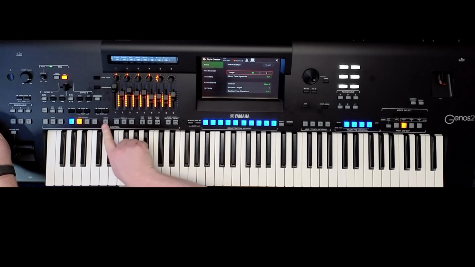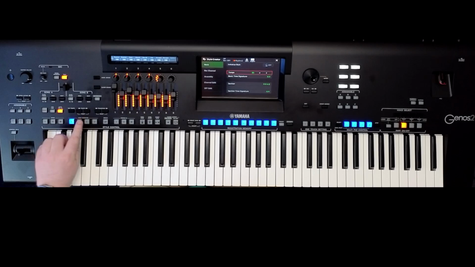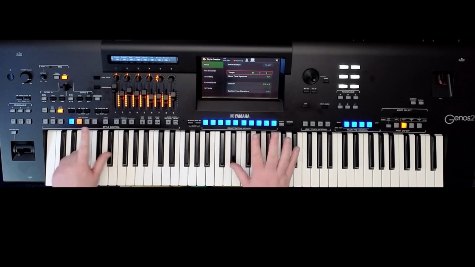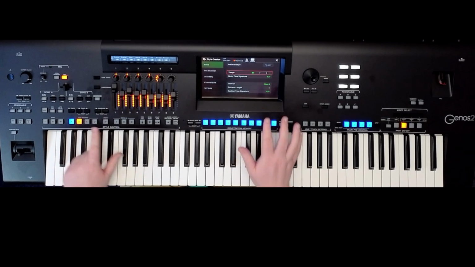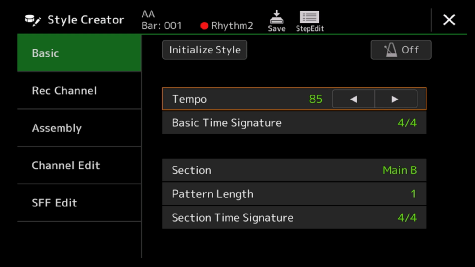Because all these lights are out, so that indicates there's nothing there. If I go to variation B, make sure you press it so as it's lit. If you press and it's flashing, that means you're going to program something into the fill-in. Well, you don't want to do that. You want to do the actual main variation. So make sure the red light is on and everybody's home. Okay, so let's go back to the screen. So going back to the screen,